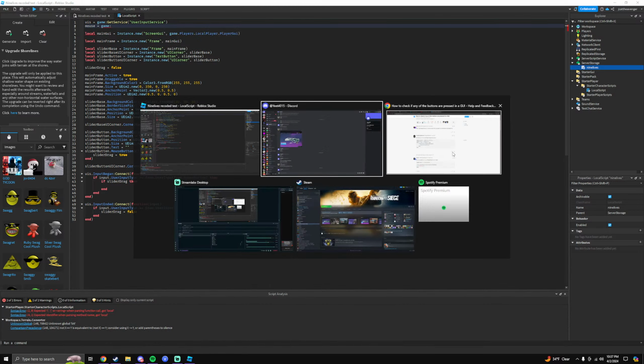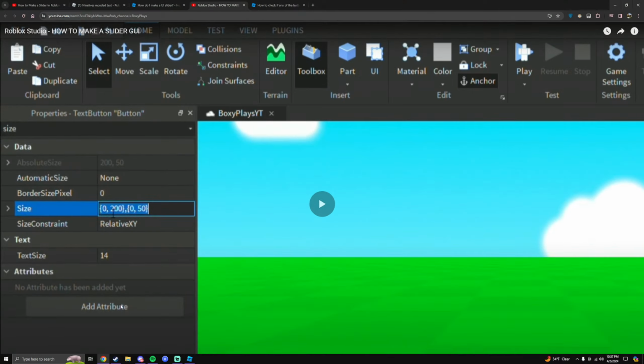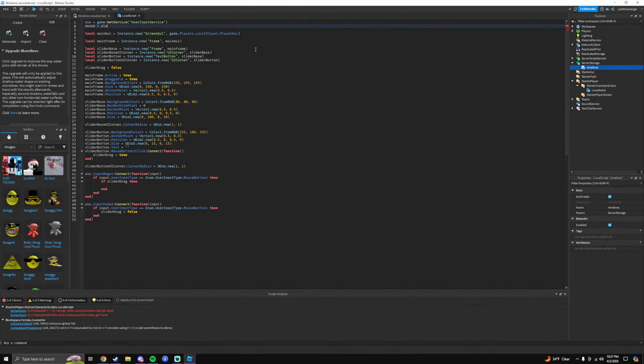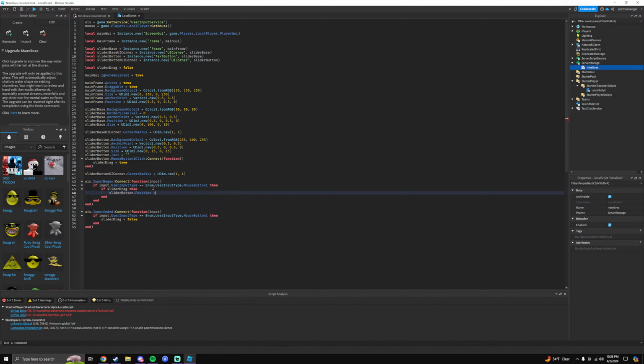How do you get the mouse? Player. Game.players, local player, get mouse. Slider button dot position equals,